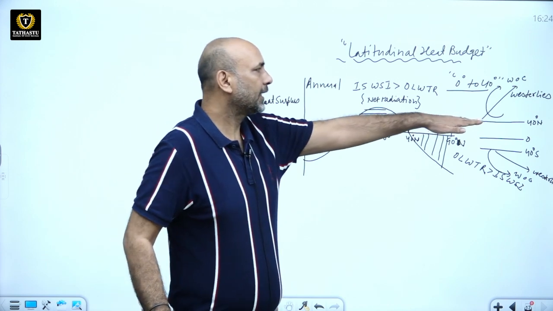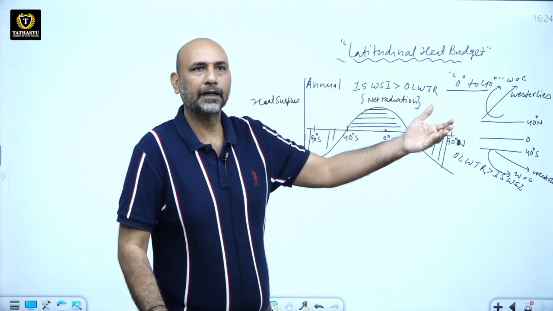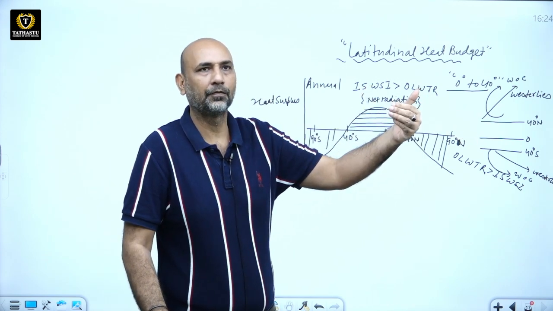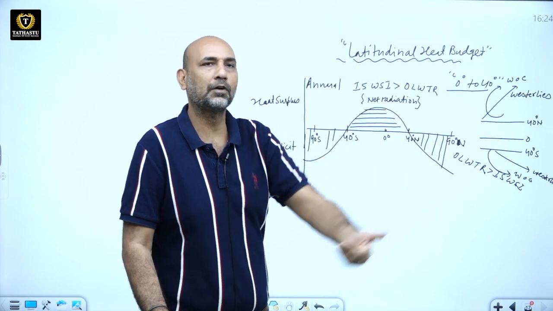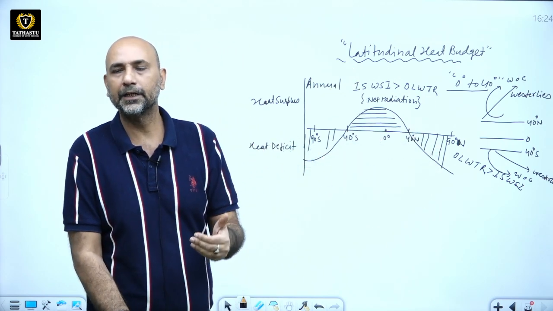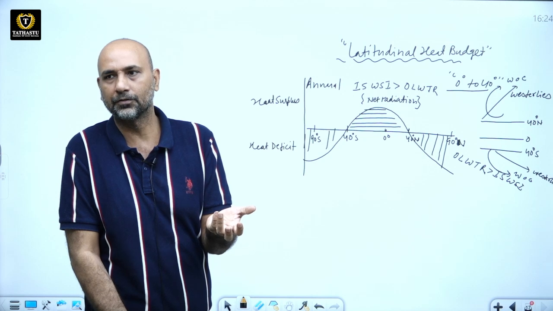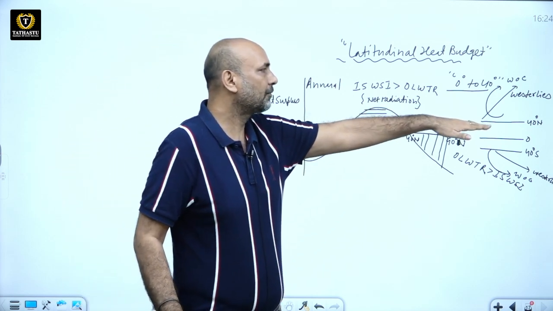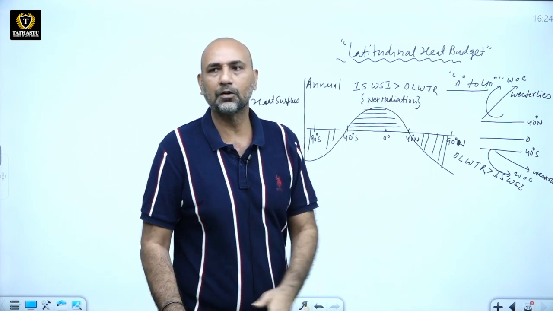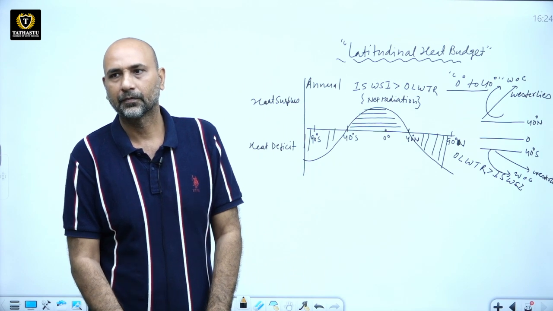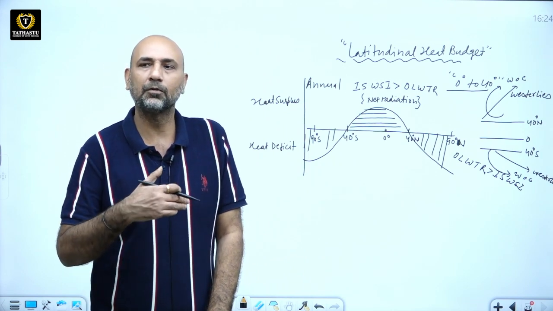Warm oceanic currents, meaning oceanic surface flow flowing from low latitudes to high latitudes, transport heat from low latitudes to high latitudes because it is a heat surplus zone. And the winds flowing from low latitudes to high latitudes are known as westerlies. They are transporting heat from low latitudes to